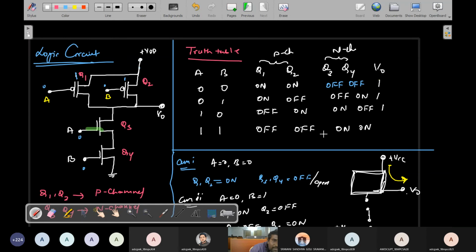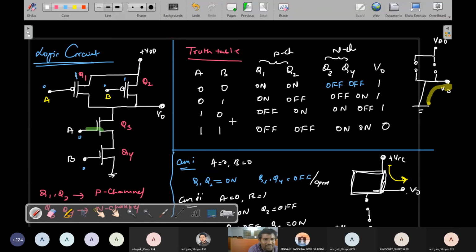If you draw this diagram here, this is VDD. Here these two are open circuits. Why? Because these two are not connected. In the same way, these two are on connection, which means it's directly connected to ground. So this is the output voltage, because there is a gap between VDD and V naught. So this is V naught. Obviously V naught takes the ground potential. That is the reason we simply consider this as 0. So right now this is your truth table.